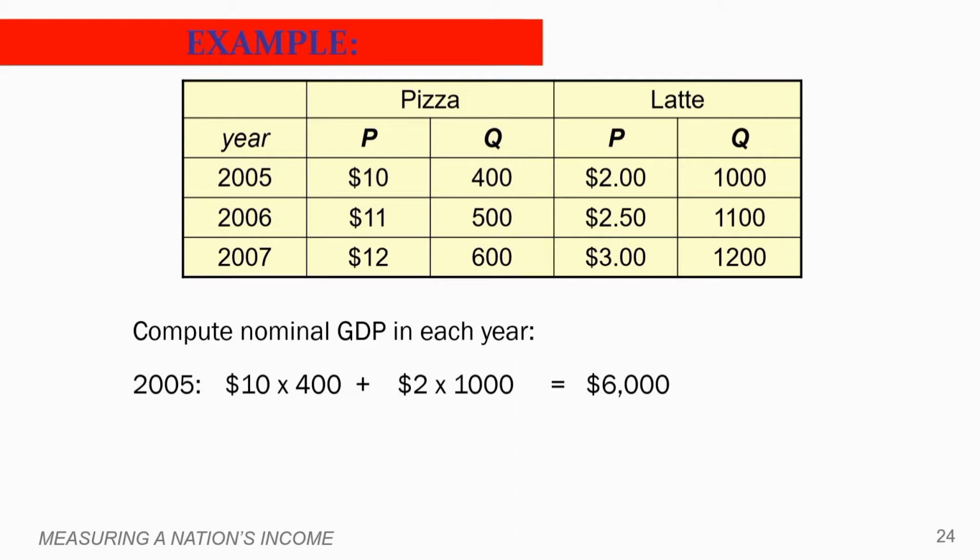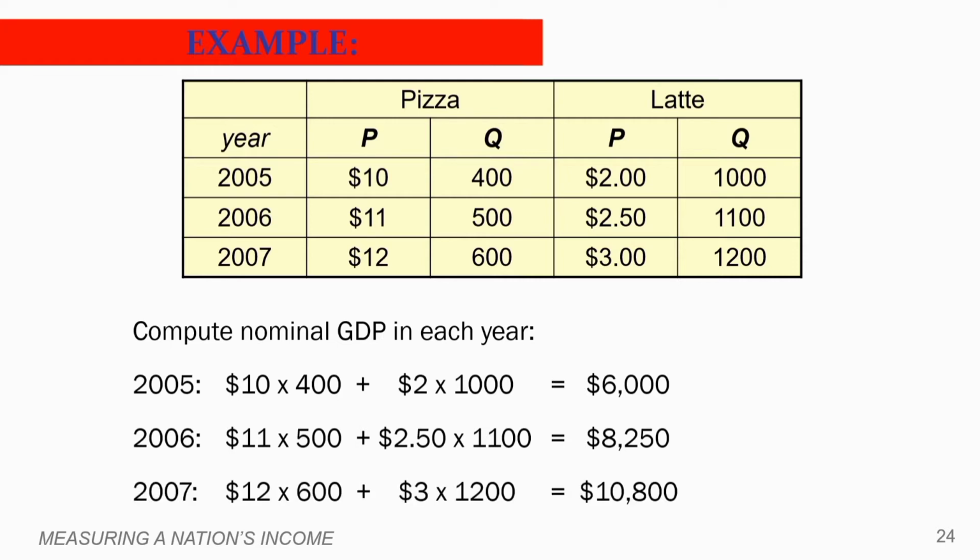So $10 times 400 plus the production of latte. We have $2 times 1,000, so it is $6,000. Nominal GDP in 2006 is equal to $8,250, and in 2007 it's